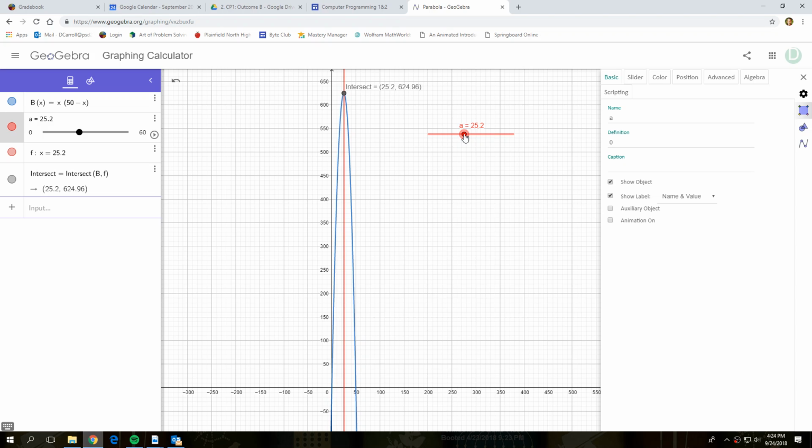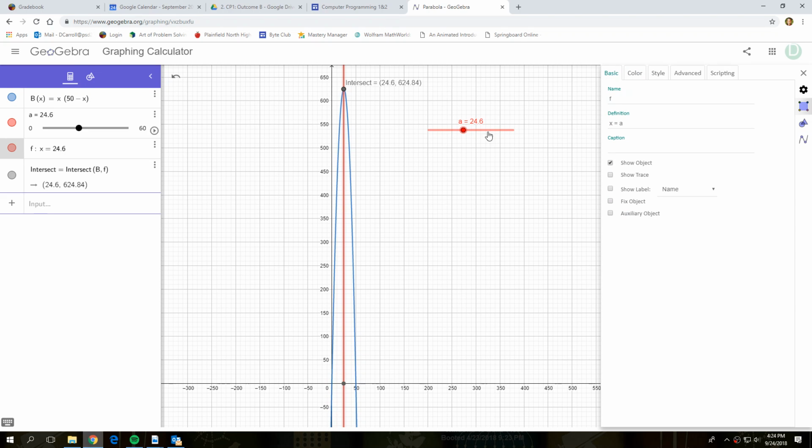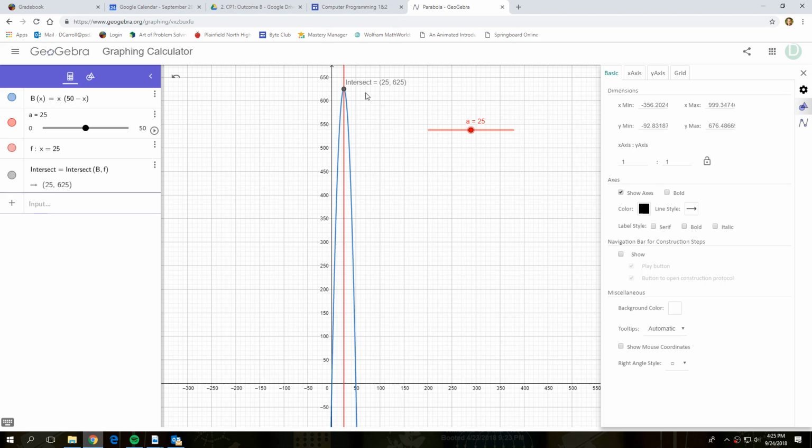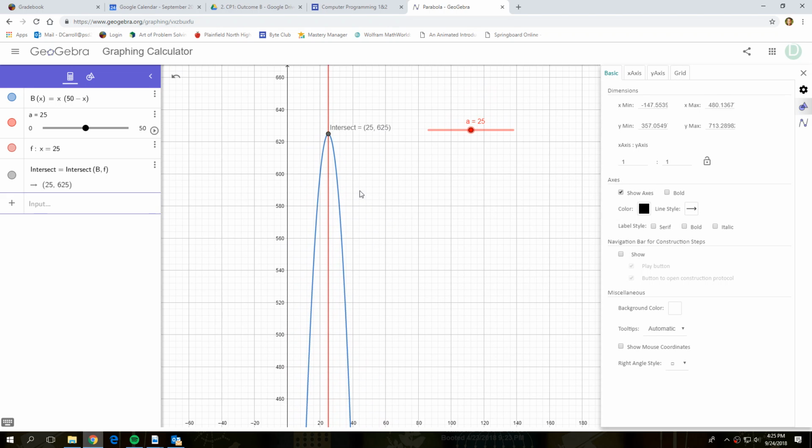Anyway, this thing starts at 0, 0, and the highest point is going to be at exactly, let's see if I can get this right. Do the settings for this. Hang on. Let's do increments of 1. Go up to 50. Did that work? Nope. Let's try it over here. Hit enter. Okay, there we go. That's much better. All right, so at 25, A is 25. The intersection is at 625, and you can see if we zoom in here,